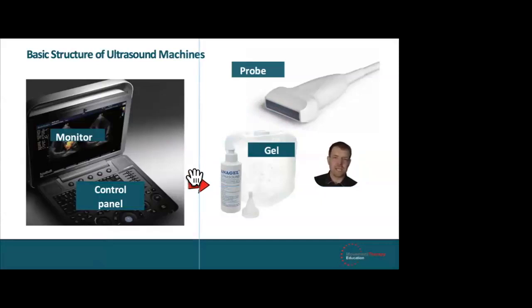The probe itself, if you're scanning something and you don't have the right amount of gel on, then the ultrasound waves won't be able to pass through the skin to get to the tissues that you want, because the skin is a barrier. So you need plenty of ultrasound gel to make sure that when you're trying to get a decent image, you're not being hampered by lack of gel. And sometimes, and I'll show you some images in a second, if you've got a gap in the gel or there's not enough on the skin, then you will have dark spots in the image and it will look like an